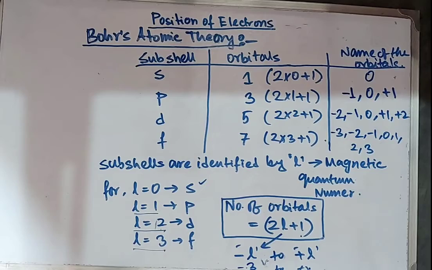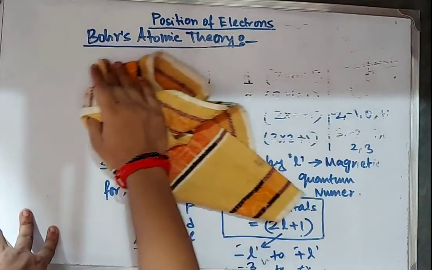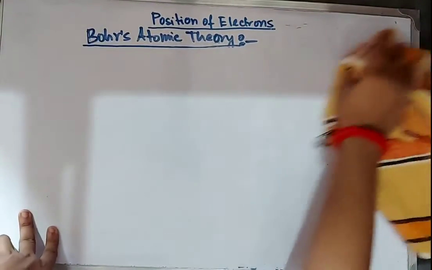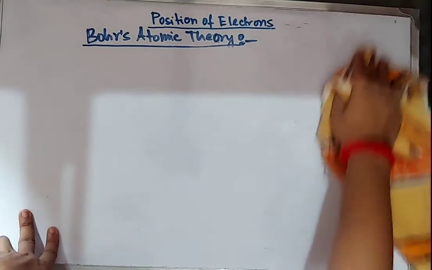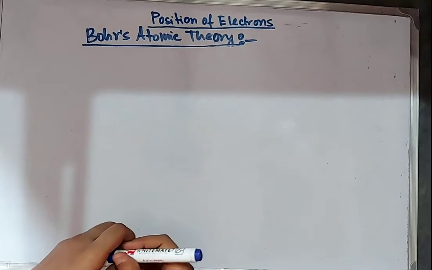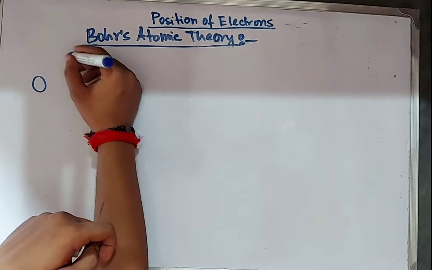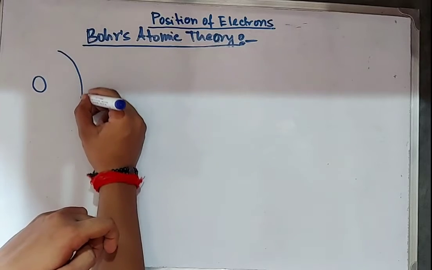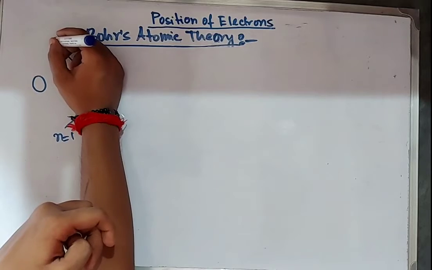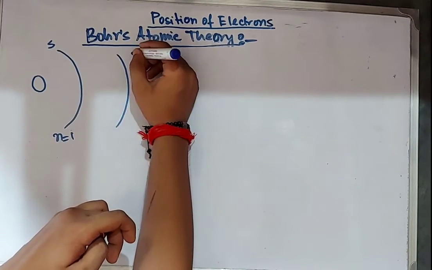So if I again consider the picture, keeping in mind the concept of subshells and orbitals together, then the picture will look something like this. It is n equal to 1, it has only one subshell. For n equal to 2, there are 2 subshells,